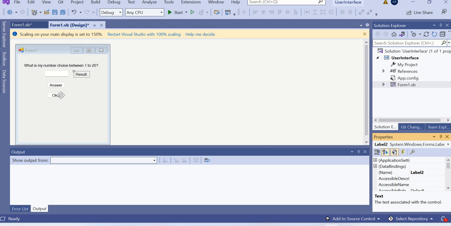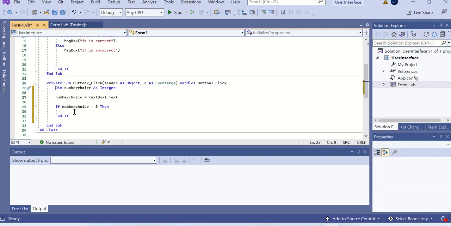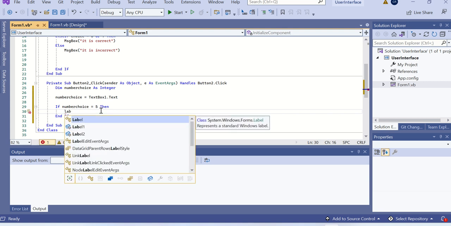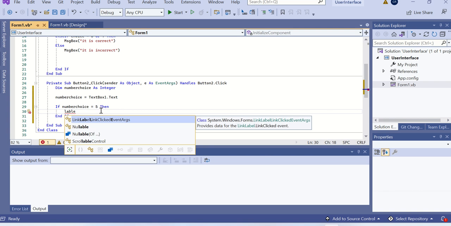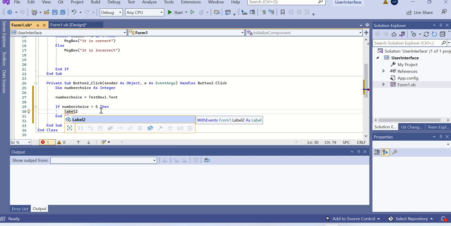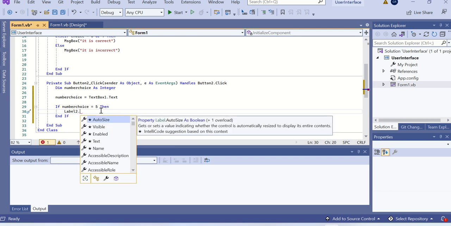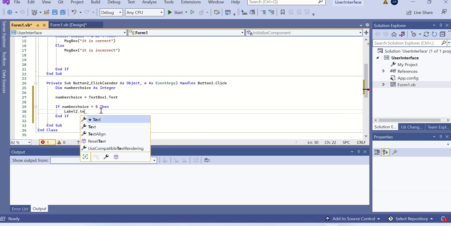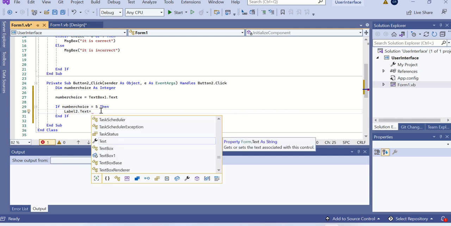So I'll go back to our code view and then say if number choice equal to 5, then Label2.Text equal to